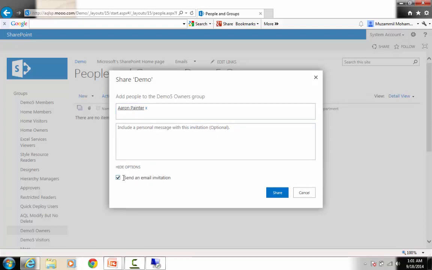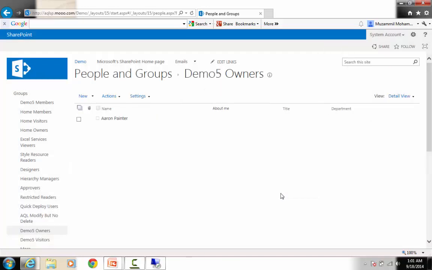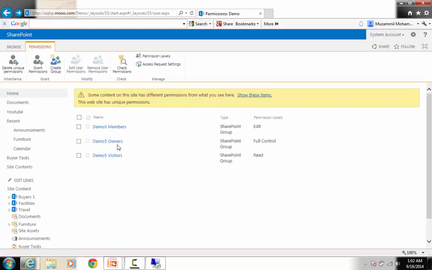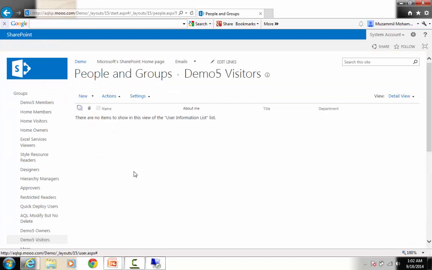I click on Show Options down at the bottom, and it has the Send an Email Invitation option. I click on Share, and this user, Aaron P, gets added to the Demo 5 Owner Security Group. And now Aaron P is actually the owner. This is how I can go ahead and assign anybody to any security group, by just clicking on the security group, clicking on New,